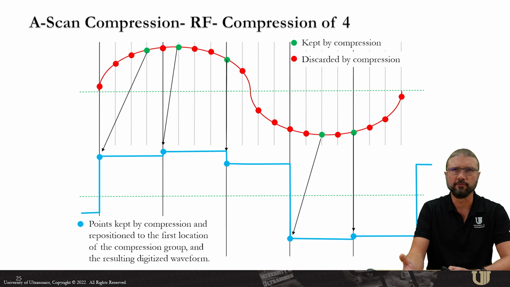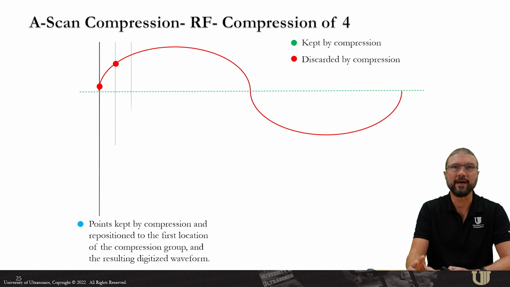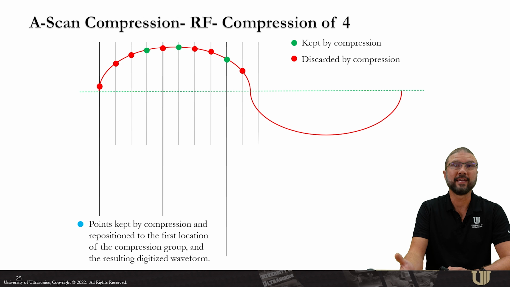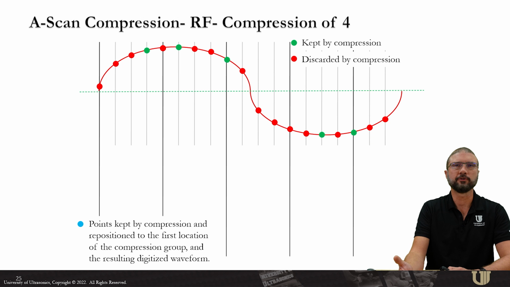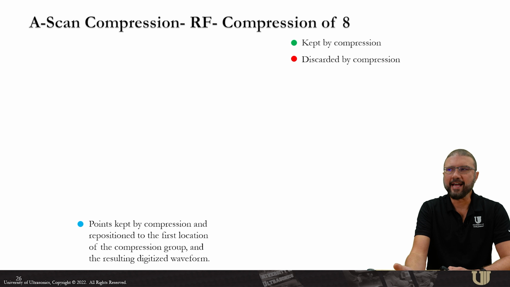So for each group of 4, we kept the highest amplitude samples, so amplitude accuracy will always be preserved no matter what compression level I choose. But since we reposition the location of each sample, your measurement accuracy could start to degrade, especially when using too high of a compression. For the next example, I'm going to simulate a compression of 8, meaning that for every 8 samples,